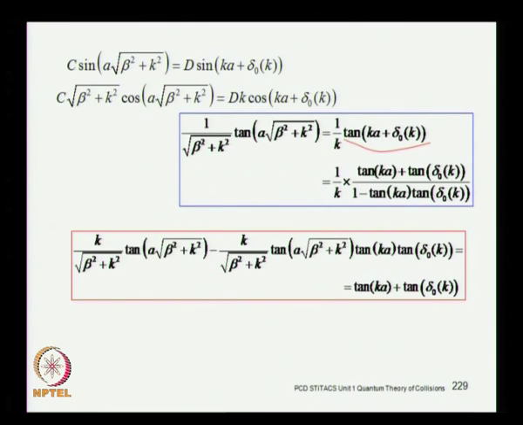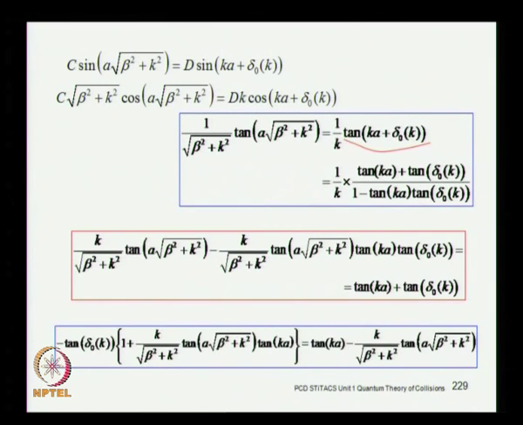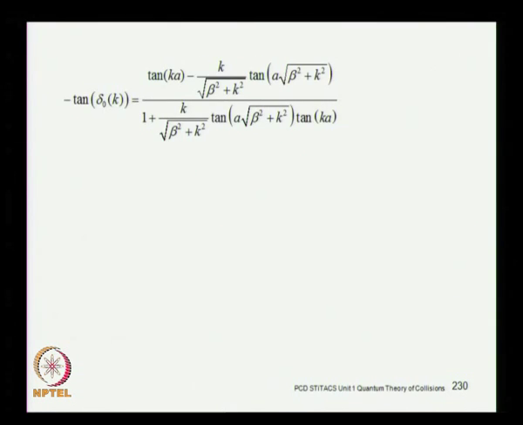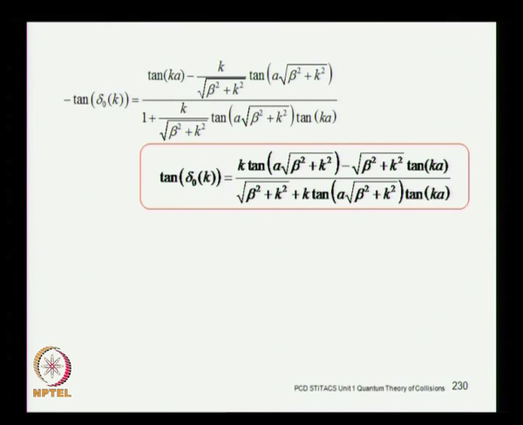So, tan delta is what you are looking for. So, you rearrange the terms and you find that tan delta is given by this relation. You can write it, change the sign as well, and you get the tan delta to be given by this ratio, okay. It is just a rearrangement of the terms. So, this is the final expression for tangent of the phase shift that you get,